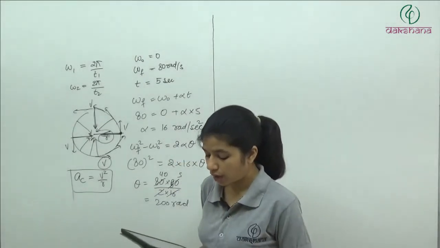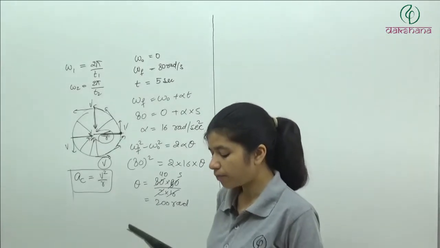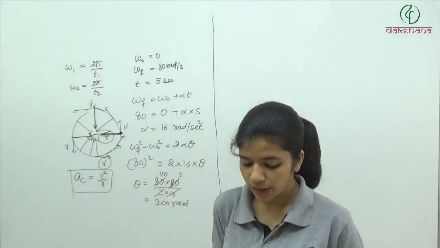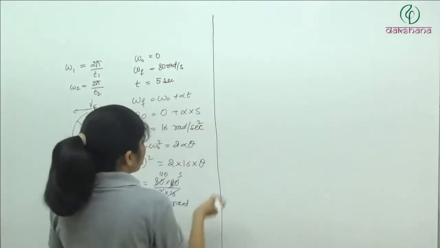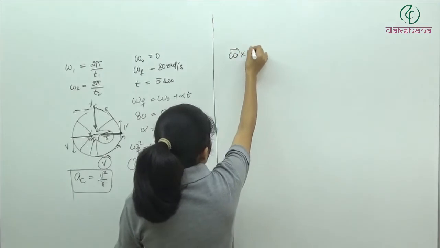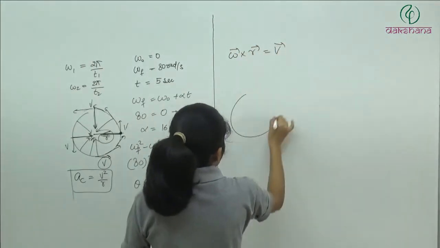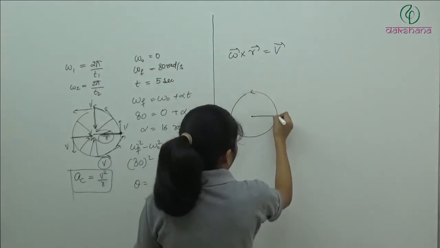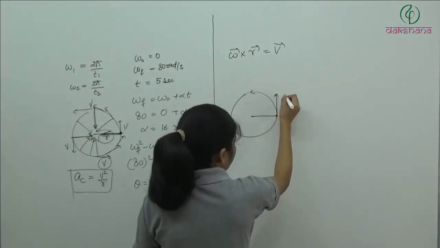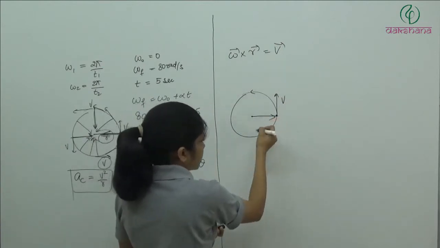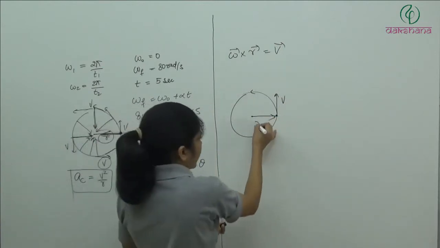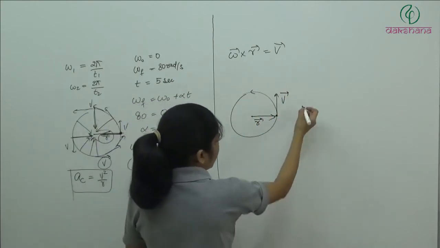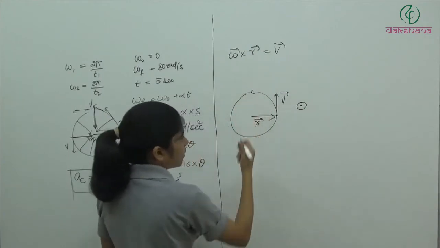Question number A4. The relation between an angular velocity, the position vector and linear velocity of a particle moving in a circular path is. So this I have derived in class. This is simple. Omega cross r is equal to v. So how we have done it? So we know, let's say the particle is moving like this. And so at this point its tangential velocity will be in this direction. R is in this direction from center to the object. So R is this, V is this, and omega is out of the plane. Omega is out of the plane.